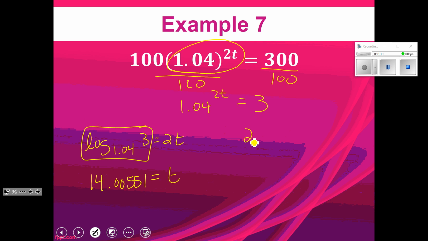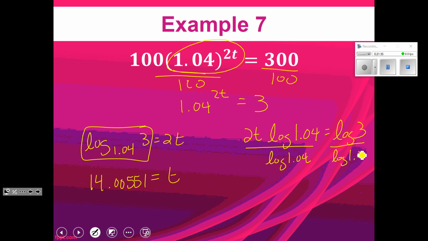You put the 2t in the front, and the log of 1.04 is equal to the log of 3, and then we divide by the log of 1.04 on both sides. This is how it had to be done before you had the log base button in your calculator. This is how students used to do this. So the log of 3 divided by the log of 1.04 gives you 28 point blah blah blah,